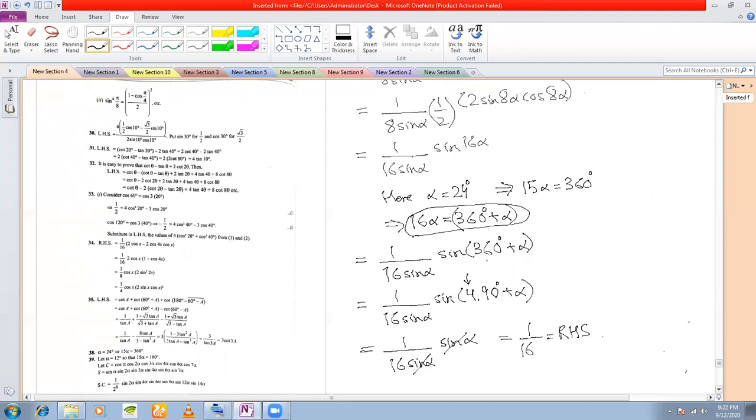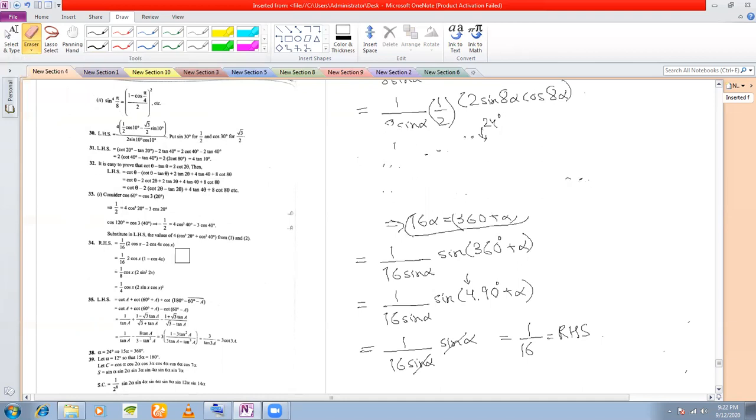You can either do it this way, or you can put alpha is equal to 24 degree here, multiply, and then use negative and associated angles, and then you will see that they will cancel also. You can do it that way also, no problem. So that finishes off this sum. Let us see the next one.